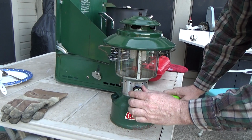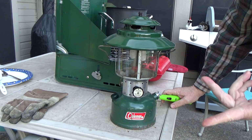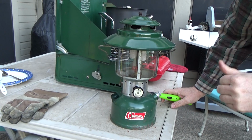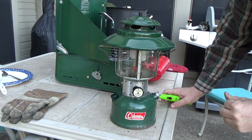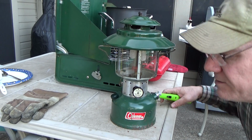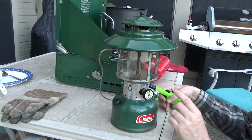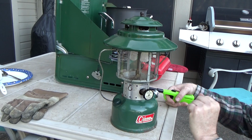Now, once we start it up, we will have to add some more pressure. When you're going to open up the fuel air tube, you're going to turn it a quarter of a turn, sometimes a little bit more, especially if you have a fuel air tube that may be a little junky. And I have a feeling this one may be a little junky, so I may have to open it up a little bit more. You're going to listen for a hissing sound and a spitting sound,